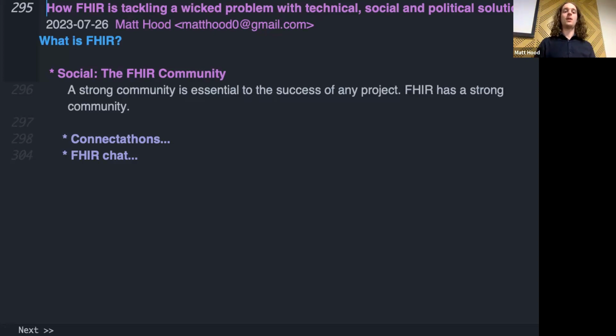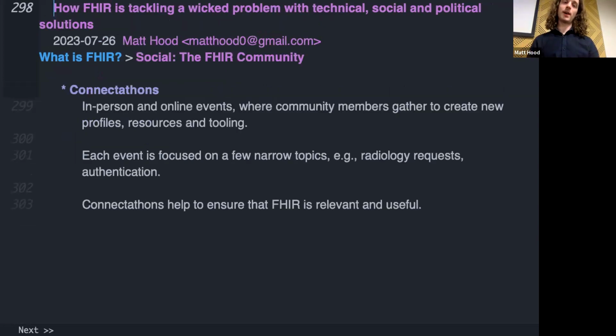It's given us a whole great type system that gives us a bedrock we can use, but we still need a way to agree, and that relies on building a community around it. One really cool thing that FHIR does is the Connectathon. Don't know why it's called that. I'd like to know. They're events where people gather to build FHIR. They build FHIR profiles, they build tooling, they build documentation, they flesh FHIR out, and they are relevant to a